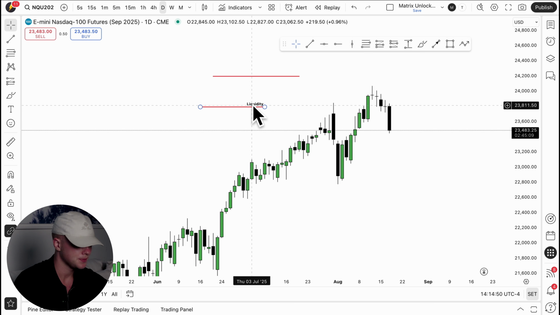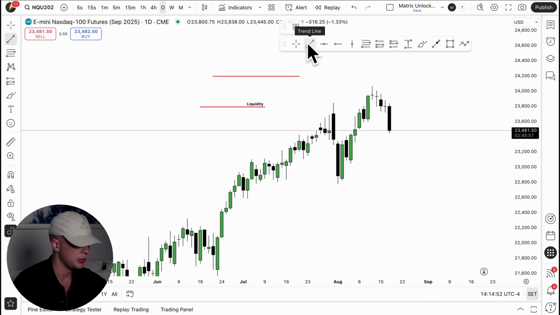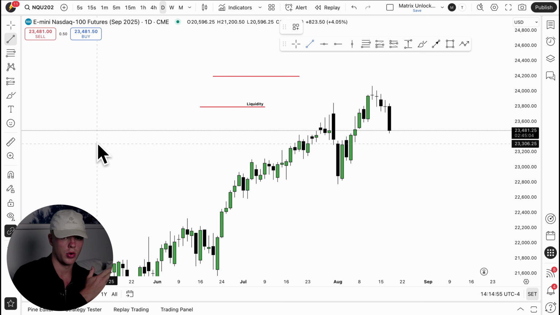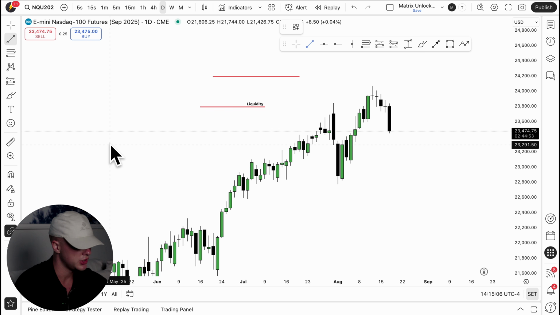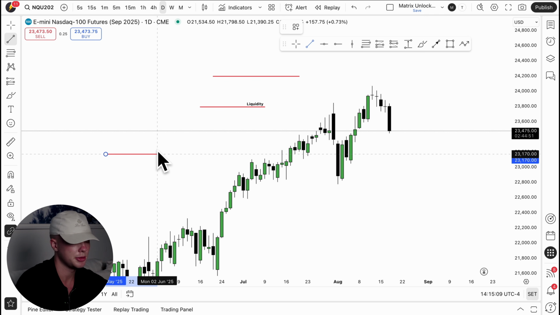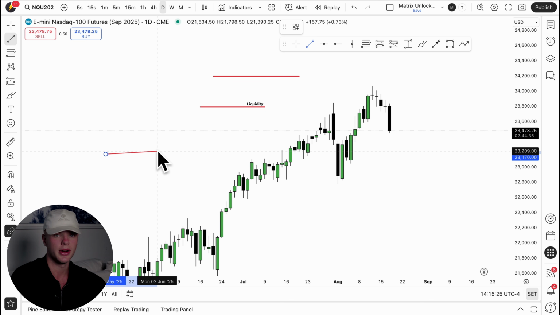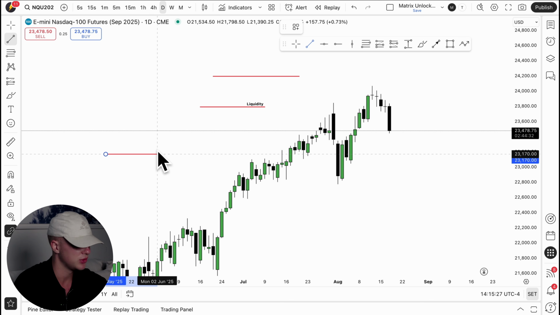Now, you might be wondering, how is it possible that you're able to draw these trend lines so quick and so horizontal? Because I know that if you're doing it freehand yourself, you're probably struggling. Well, what's important to note is that when we're drawing these trend lines, I'm actually using the shift tool. The reason why I'm using the shift tool is because when I hold shift and draw the trend line to the right, it anchors the trend line from that exact same price. So I can move to the side from that exact same price. If you do it freehand, trying to make exactly horizontal lines, trust me, it's not possible. So use the shift tool always.